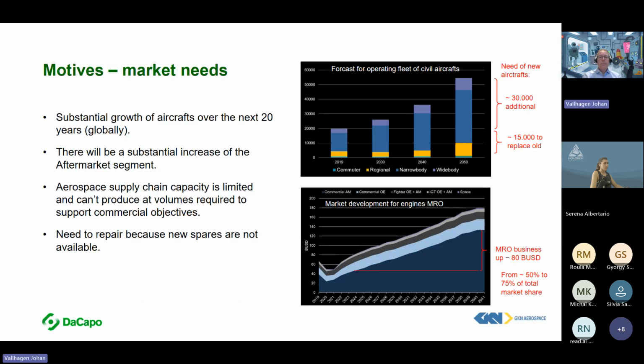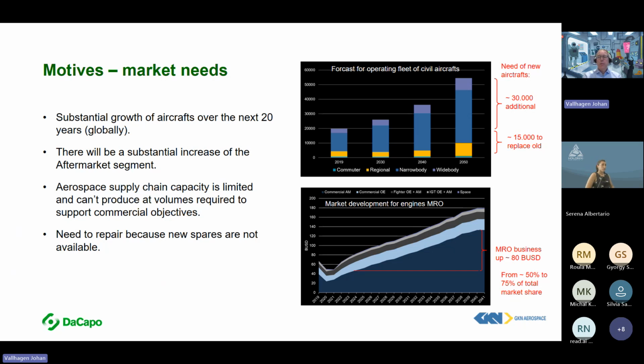Motives for having this kind of focus on the aftermarket business and the circular manufacturing are explained here. To the right side you can see some diagrams, and whether you like it or not, this is the forecast for the aviation business, explained in the number of aircraft, for the next 25 years.